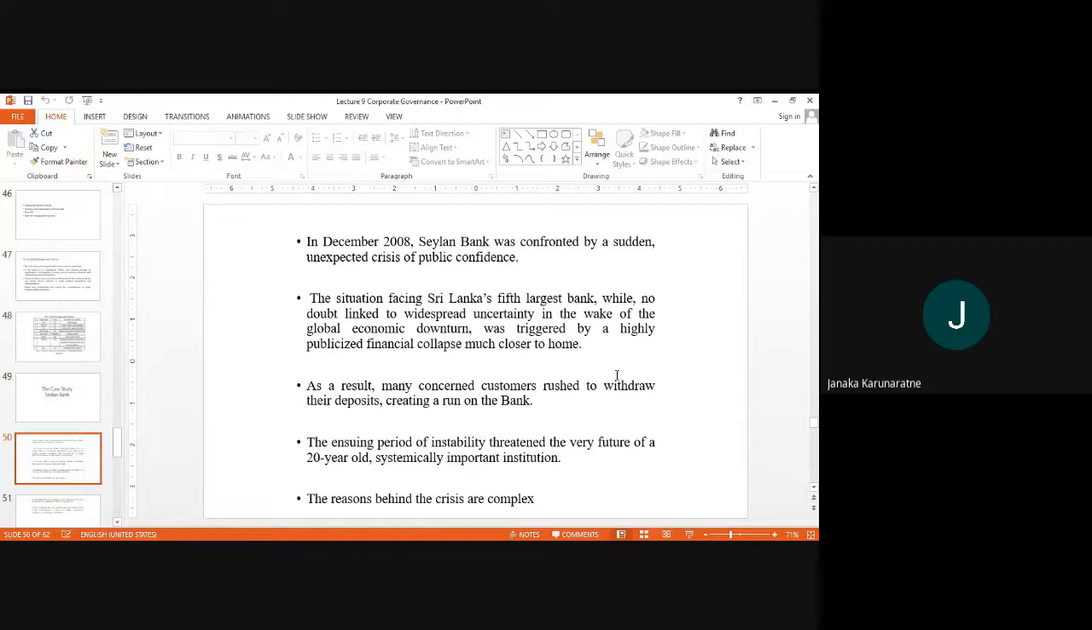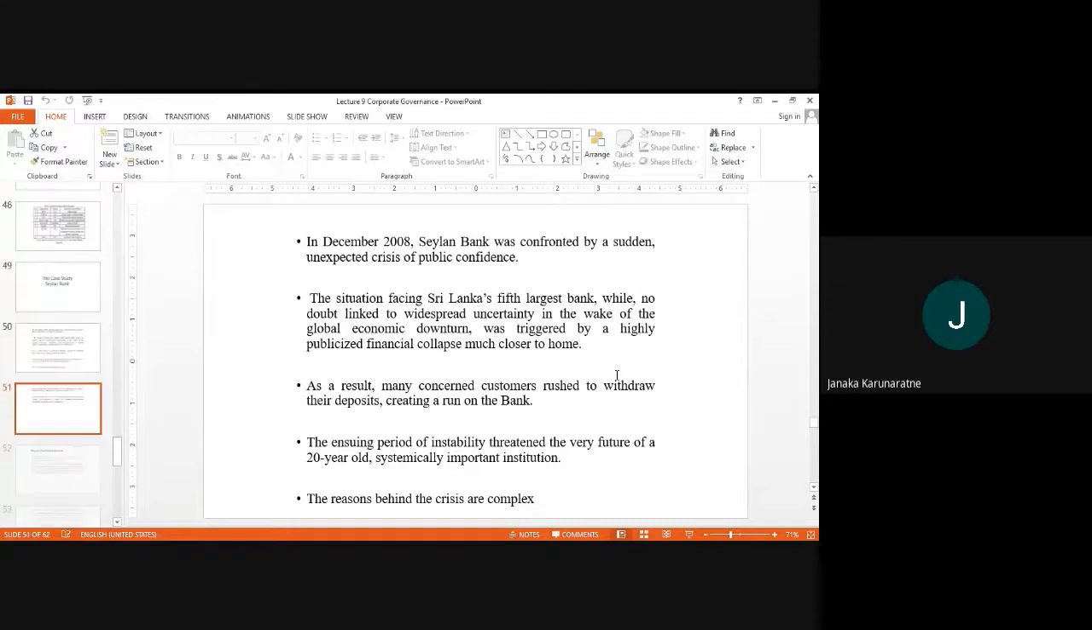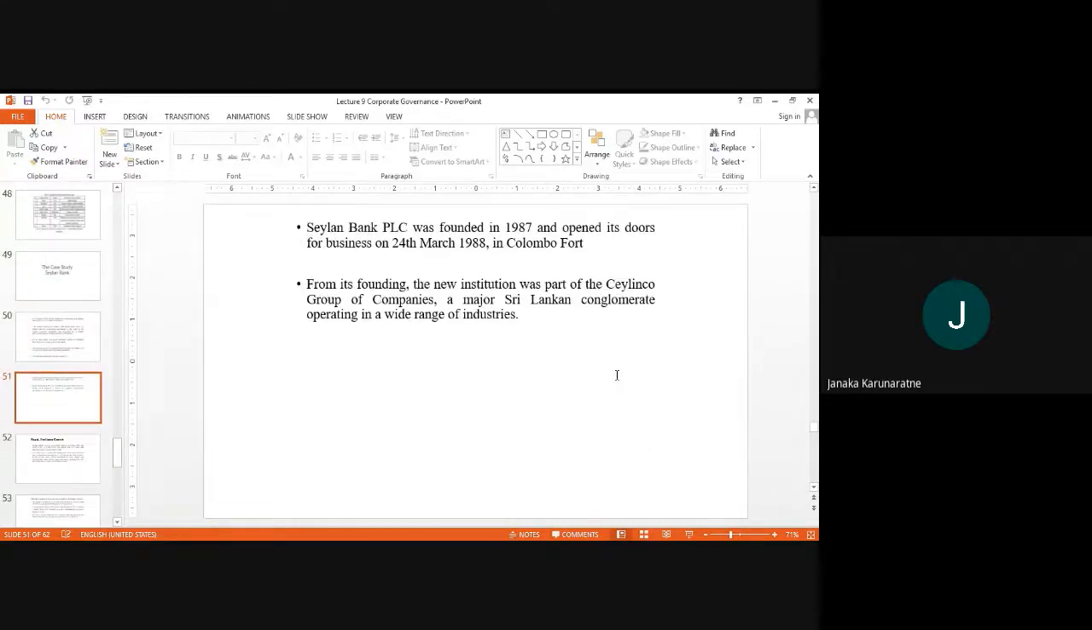So which is not something I have written, but which is extracted from this particular book. Read this book. Book in the sense the annual report. These are all extracted from the annual report stated by the board of directors after the problems. So Ceylon Bank was founded in 1987 and opened its doors for business on 24th March 1988 in